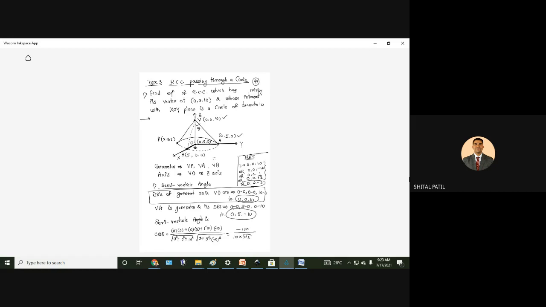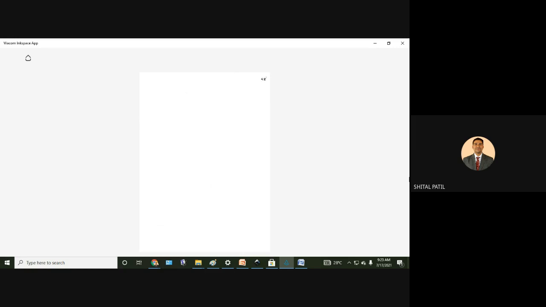Okay, let me change the page. So cos theta equal to minus 2 divided by root 5. This is cos theta. Okay, then next